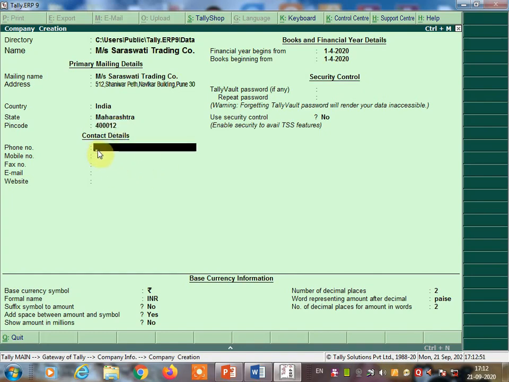Then contact details, phone number. If the company is having a phone number, you have to enter the phone number, otherwise mobile number you can enter. So here you can enter phone number, so like this. Then the mobile number of the company.